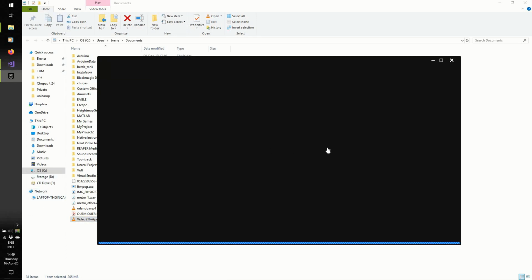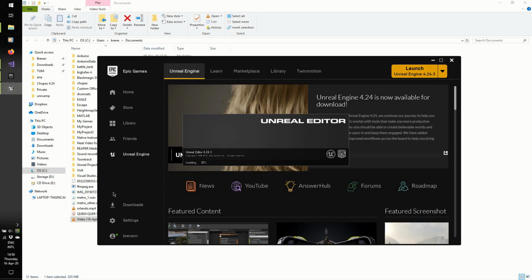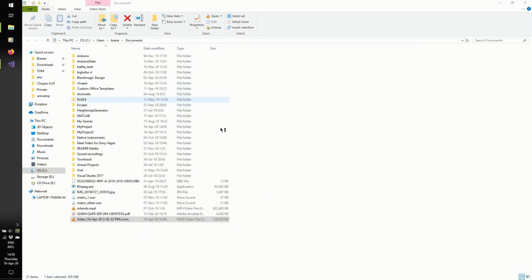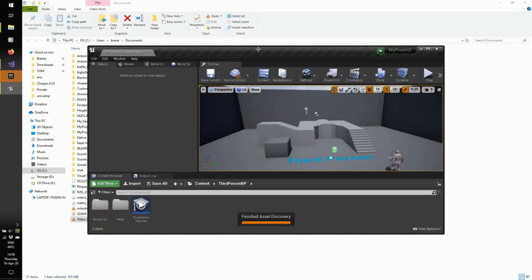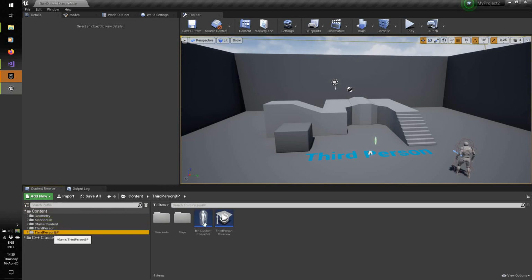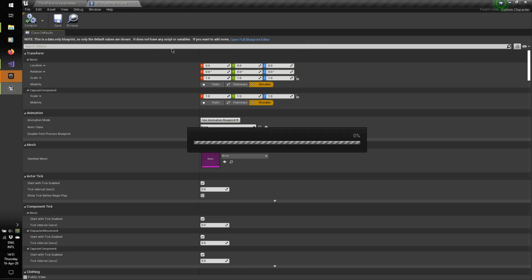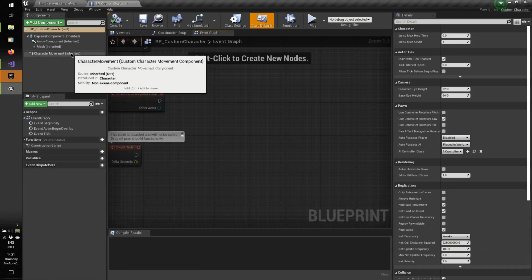Let me just try to open Unreal Engine again. Okay, so my project, let's load it up again. So let's check the blueprints. Where was it? BP custom character. Open full blueprint editor. And now we have the custom character movement component. I don't know why Unreal does this, but I guess I had to restart the engine for some reason,